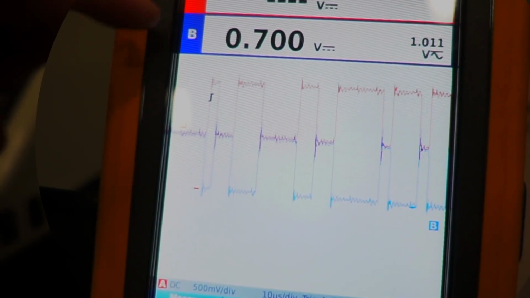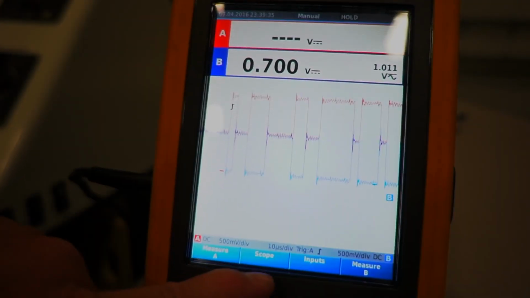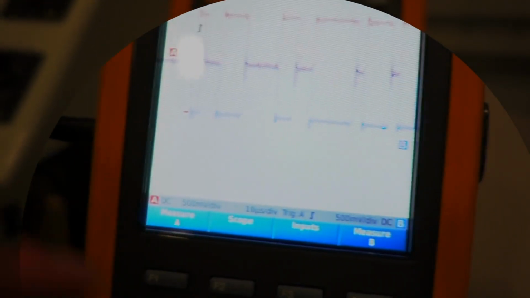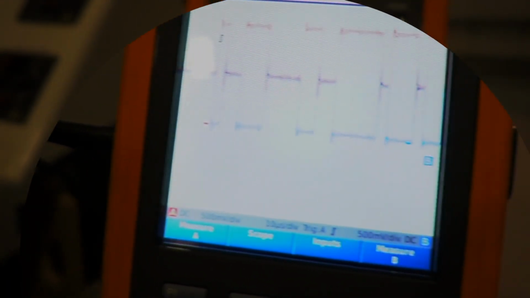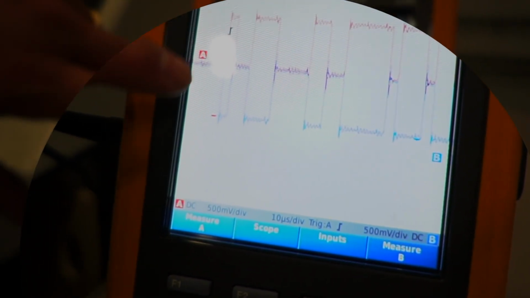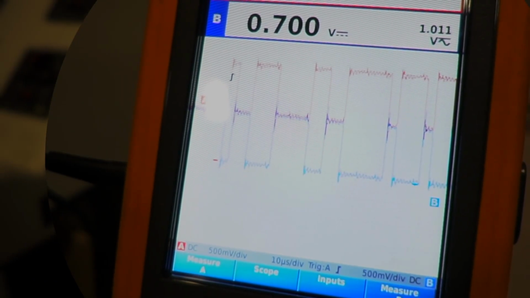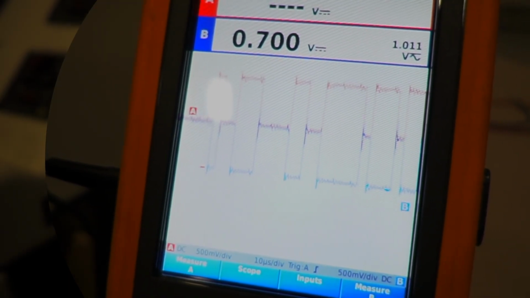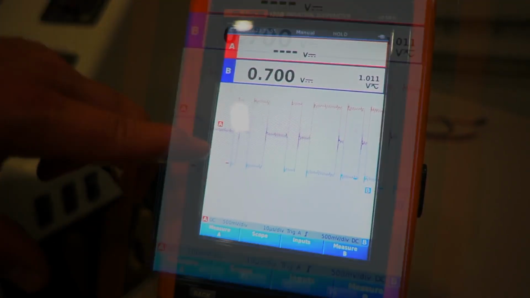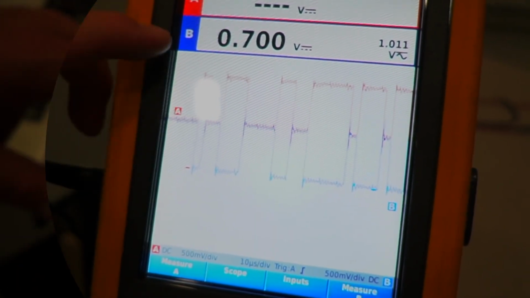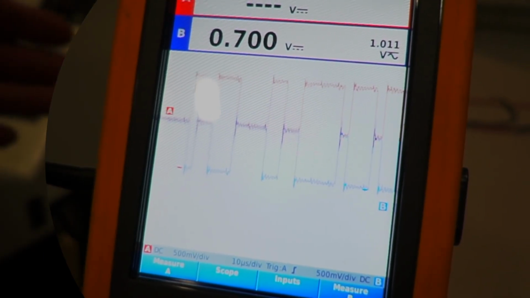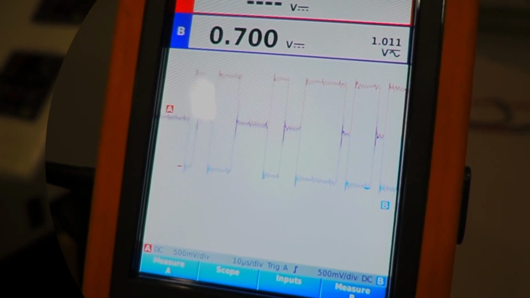for so many microseconds. Right now we're at 10 microseconds per division, so each box you see here in the background on the grid is 10 microseconds. The width of this signal, when these two separate, is about 4 microseconds, which is what we said the bit rate was on CAN. Since those two voltage levels are far apart, the differential is around 2 volts,